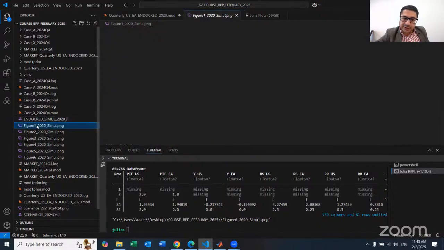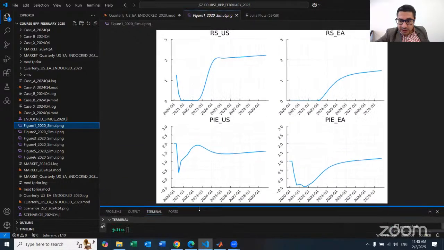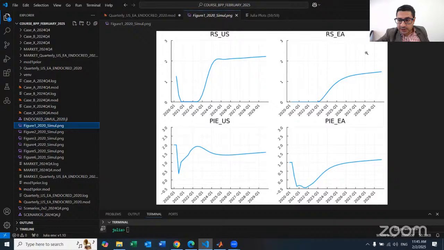So I can open the first one here and see how it looks. As you remember, in the first figure we are using the interest rate for the US, the euro area, and inflation. You remember this range is plotting exactly from 0 to 3, and here from -0.5 to 3. And here you can see the time in quarterly frequency. Yeah, that's how it looks. Not bad, but